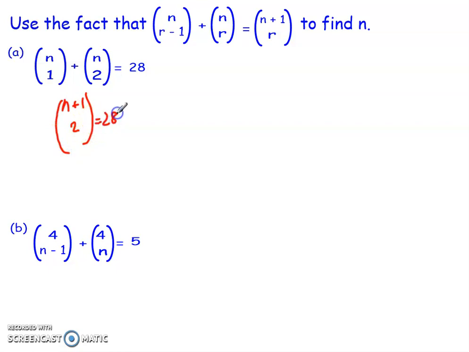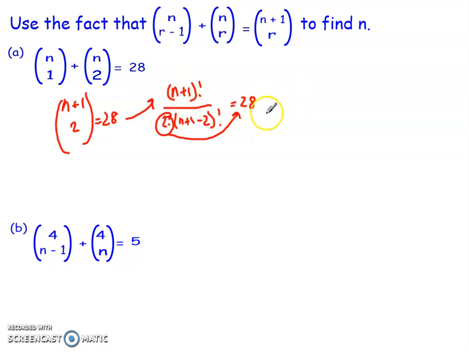equals 28. If I then expand that using the formula on the top, I get n plus 1 factorial, and then on the bottom, I get 2 factorial bracket n plus 1 take away 2 factorial. And I know that that then equals 28. So again, this 2 factorial here is 2. Stick it across and up here, and then let's look at what we can simplify with a fraction. So that then gives me n plus 1 factorial over n minus 1